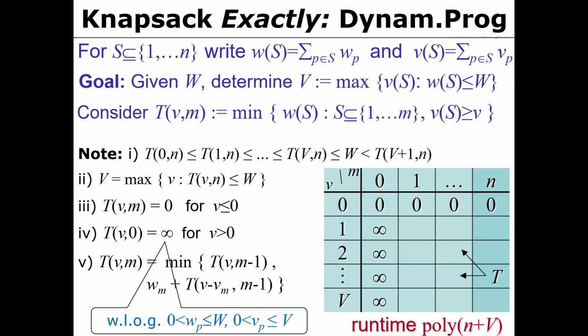And so put differently, the value can be exponentially large compared to the binary length, which means that the running time of this algorithm is not polynomial in the binary length of the input, because V, the output value, is not polynomial. The binary length of V is polynomial in the binary length of the input, but the value of V itself is not. So this is not a polynomial time algorithm,